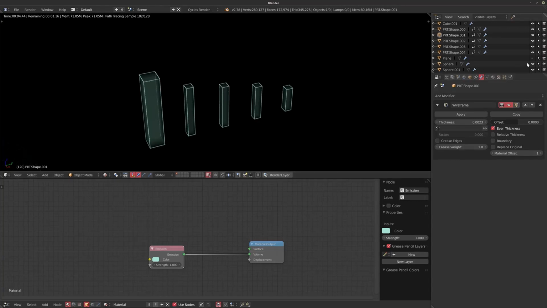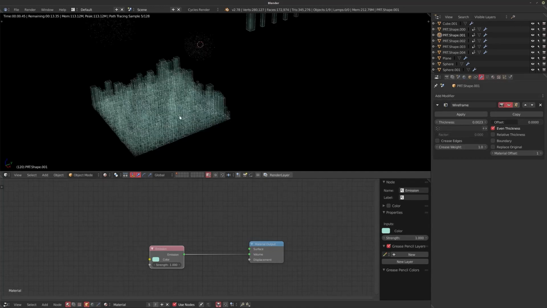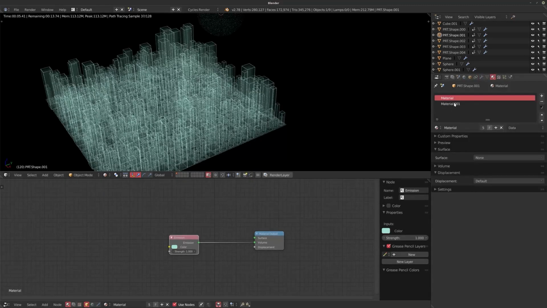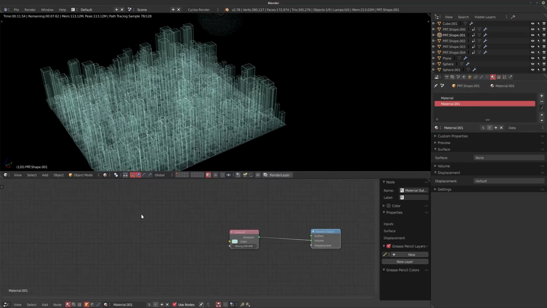Now something else to note, if I go back to my plane with all these things on it, is obviously this is going to take a little bit of tweaking, but something else that I wanted to show you as well is, if we're in this second material slot, when you're using particles, you're distributing these as separate objects, so you can use some really interesting shaders to get some variation in this stuff really nicely.